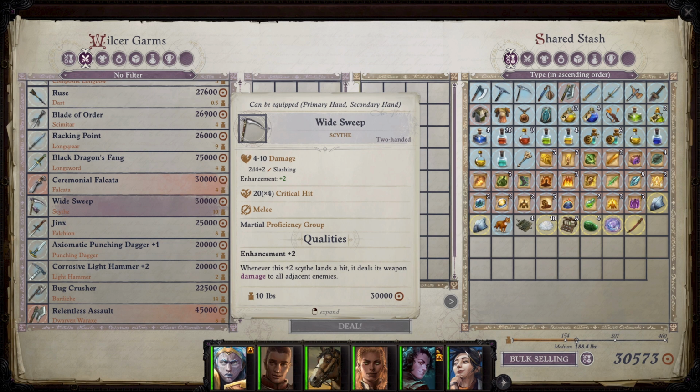However, the reason I would recommend people go with Scythe is because in Act 2, you can actually pick up a special scythe called Wide Sweep. You can buy this from the quartermaster of your war camp, Wilser Garms. And while it is a bit expensive at 30k at that level, eventually that will become nothing. And when you pick up Wide Sweep, anytime it lands a hit on an enemy, it will deal its weapon damage to all adjacent enemies, which does stack with your cleaving effects. Meaning that the cleaving line of feats combined with this scythe will deal a nonsense amount of damage, combined with the extra damage we're doing simply by being a slayer,